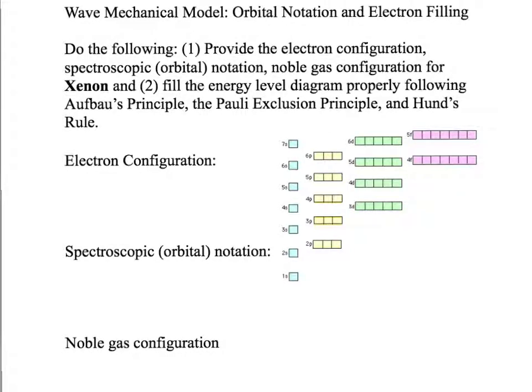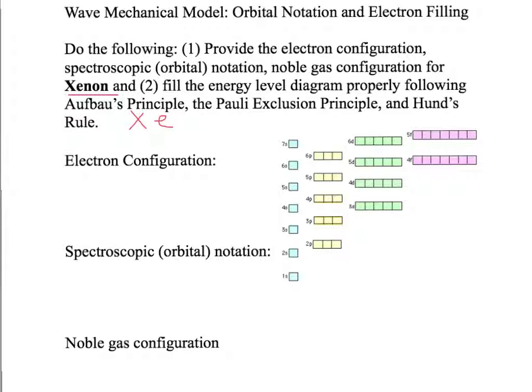In this problem, you're going to be determining the electron configuration, spectroscopic notation, noble gas configuration, and the orbital filling of the element xenon, which is notated Xe. Now, the first thing we're going to do is take a look at the reference tables, which